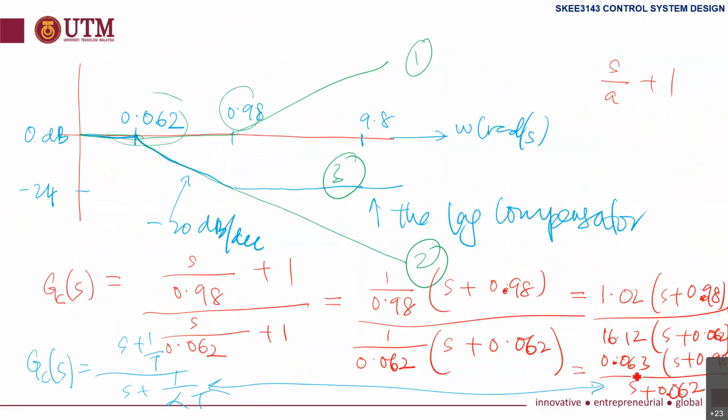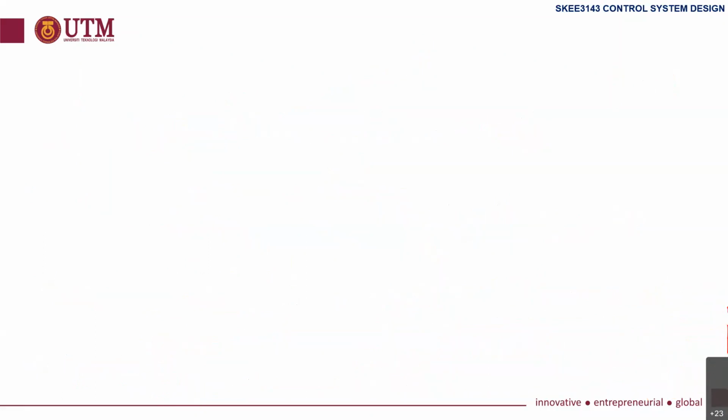The G controller, or lag controller, is 0.063 (s + 0.98) over (s + 0.062). And this is actually similar to the pattern of the transfer function of the lag compensator, 1 over alpha, (s + 1/T) over (s + 1/(alpha T)). Right, so